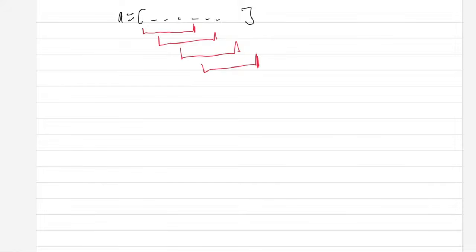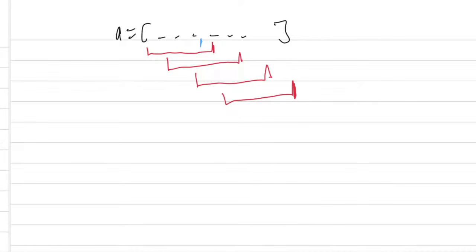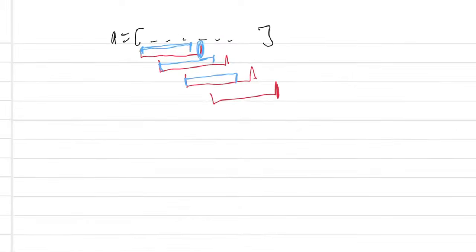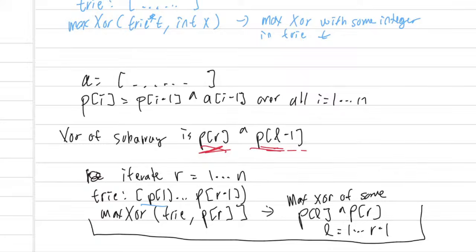So at each step, we can make the trie consider all prefixes up to the last point, right? So when we're considering this point, we care about all the trie elements from this point to whenever that condition doesn't satisfy, and so on. And so we could essentially run the same algorithm here, but instead of inserting all the way from the array,